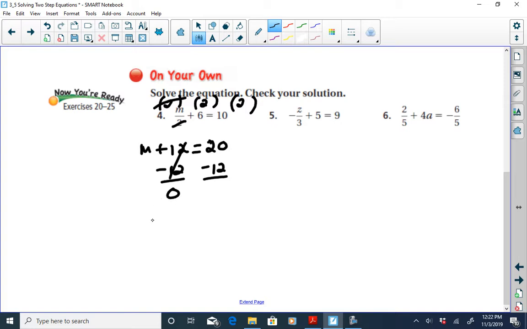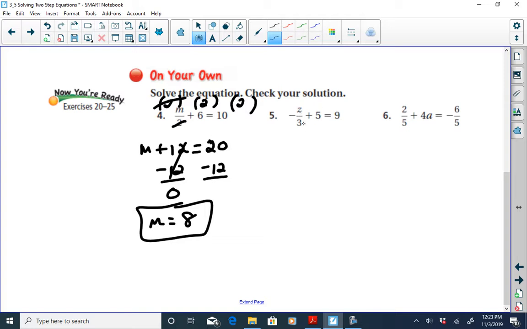That's going to give me 0, so m is going to be equal to 8. I check my answer. 8 divided by 2 is 4. 4 plus 6 is going to be equal to 10. Right, I see that it makes the equation true, so I know that that's the solution. Our next example,